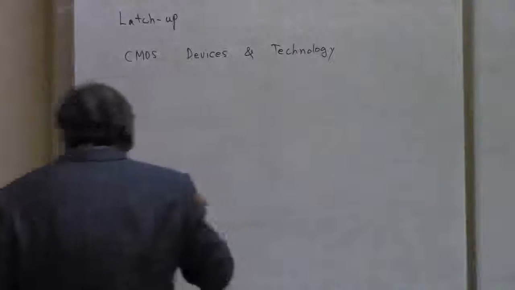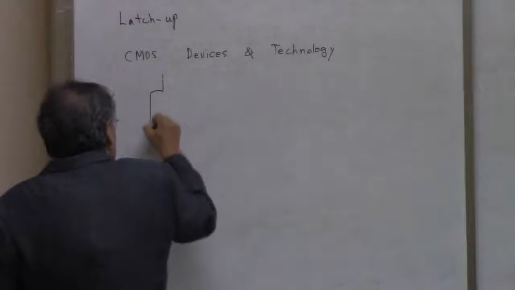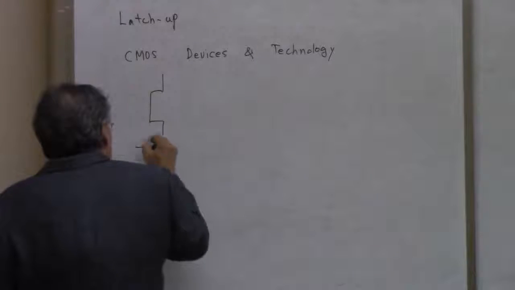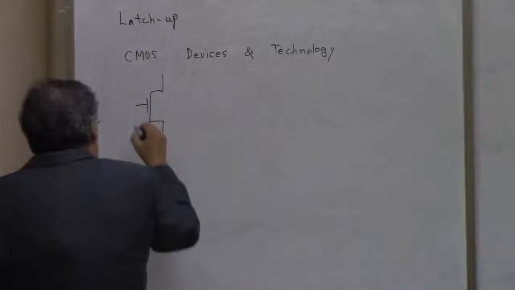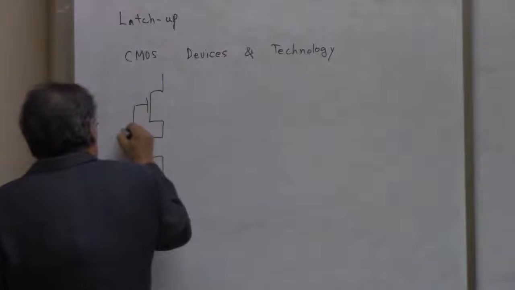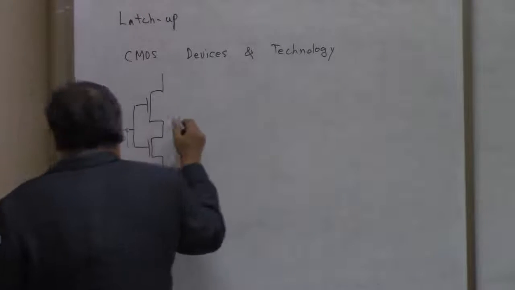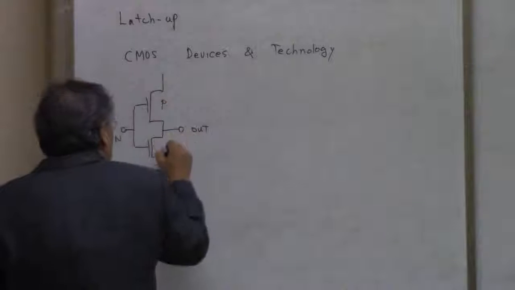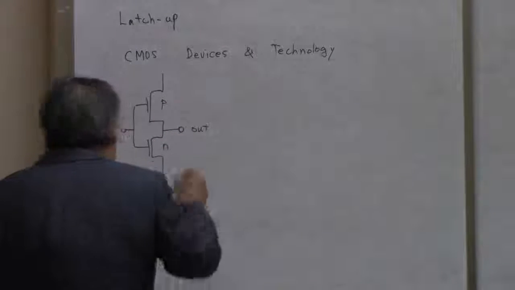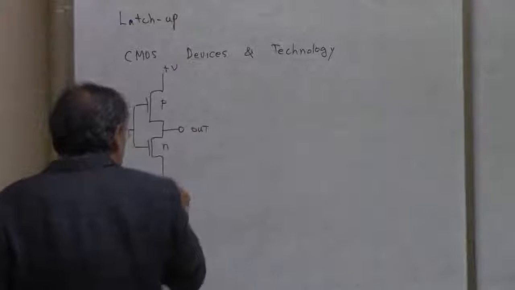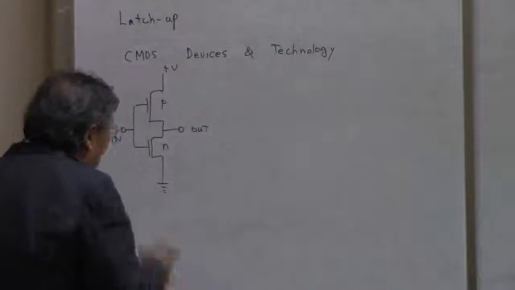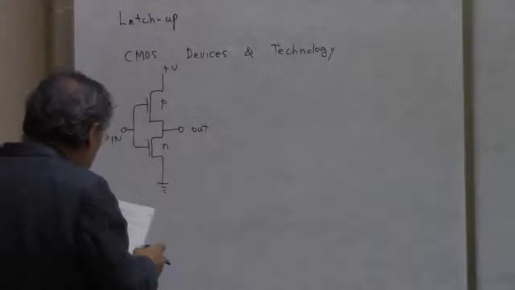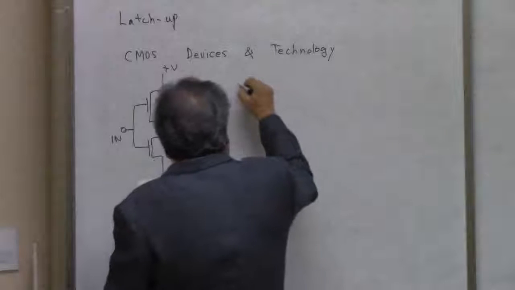Okay, CMOS is a combination of a P channel and N channel MOS, something like this. And if you make a connection of PMOS and NMOS, then we can have an advantage like